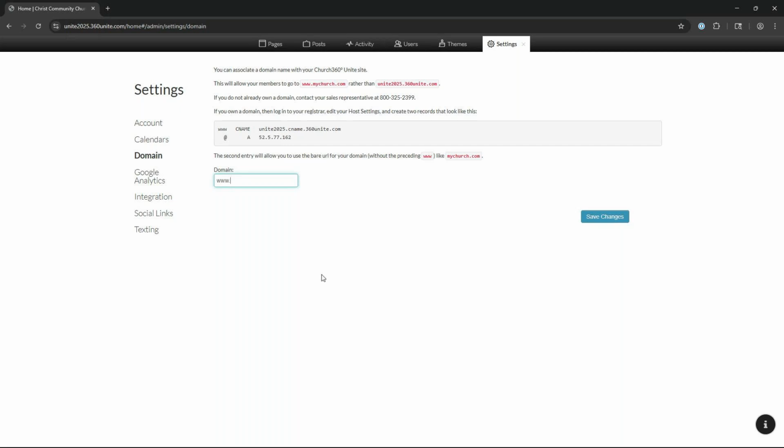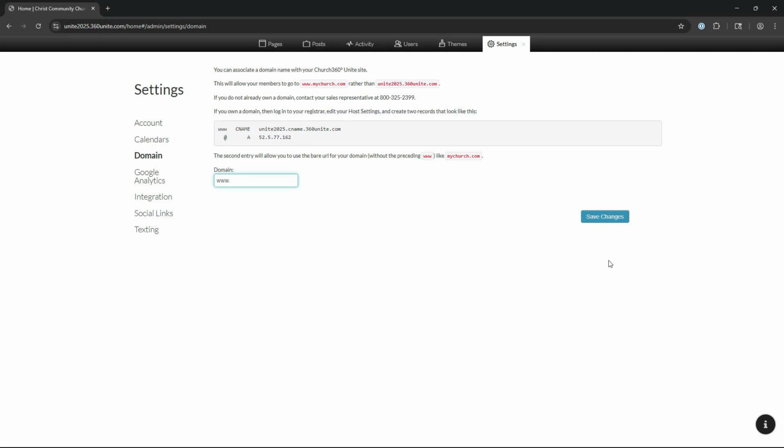Or if you have a domain through another source, you can actually connect that custom domain using the host records we have here. You would need to get into wherever your domain is hosted and add in these host records. Then, down at the bottom here of this domain section, you would leave this www in place, don't get rid of it, but then you would put in your domain name. So if our domain name is ChristLutheranChurch.org, we put in ChristLutheranChurch.org at the www after we've added in those host settings and click Save Changes, and